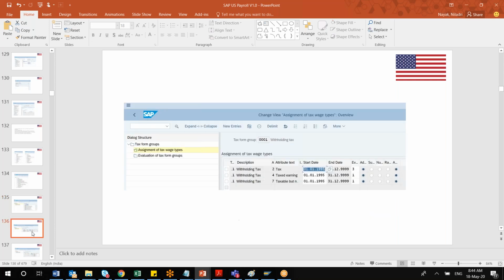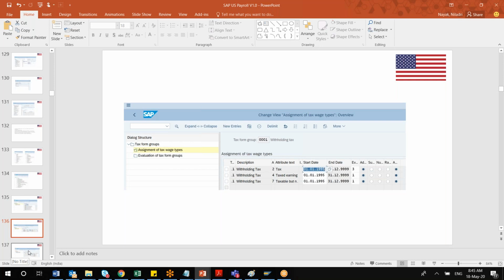Okay, then you will be coming to see. So these are the different tax groupings for withholding tax. These are the different assignments I have to do. Mostly these are again standard ones. Suppose there is any deviation or any client-specific scenario, then you can choose all this which is not required and all these things. But this is more of a standard one.